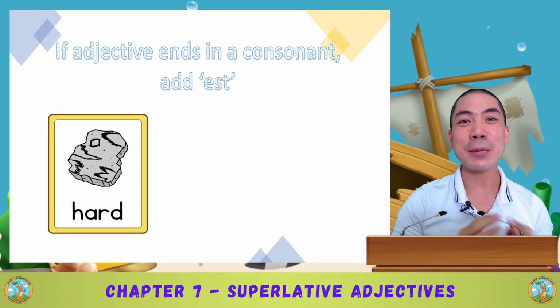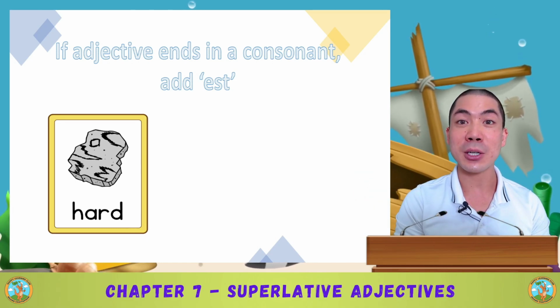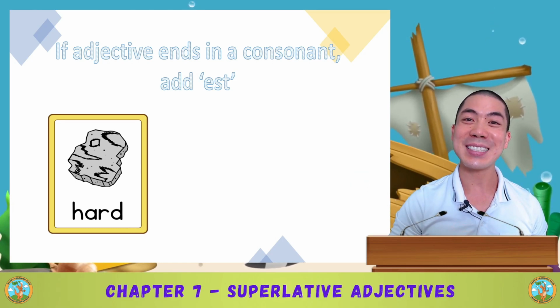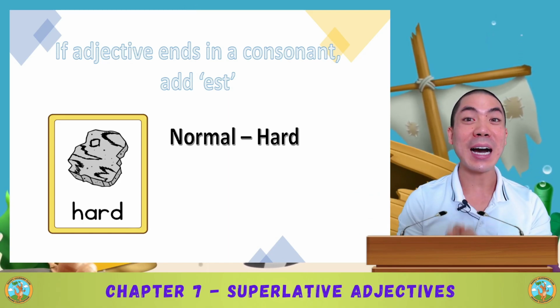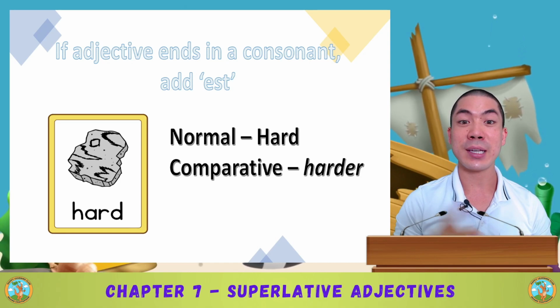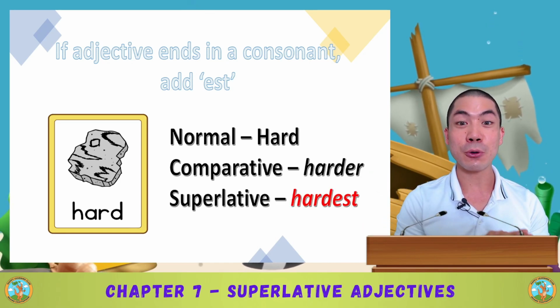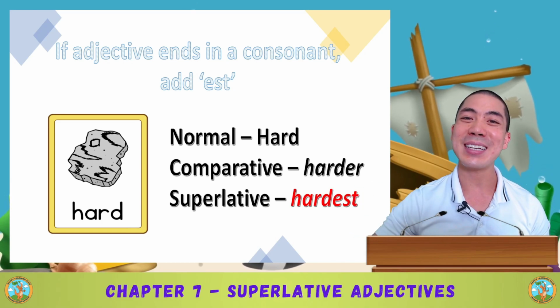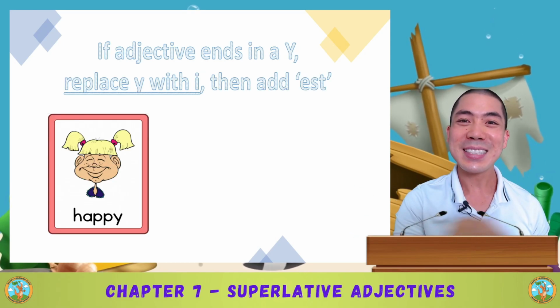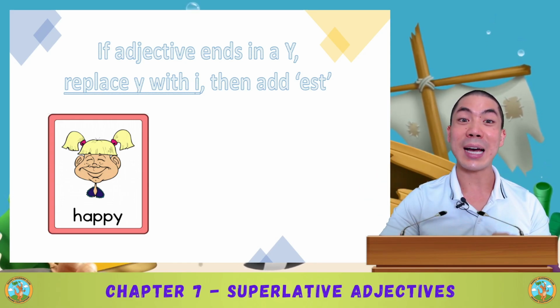There are three ways to make a superlative adjective. The first way is if the adjective ends in a consonant, we just add est. For example, here we have hard, which is the normal form adjective. The comparative adjective is harder, we add er. And then the superlative form is hardest, we add est. Nice. The second way is if the adjective ends with a y, we replace it with the i and then